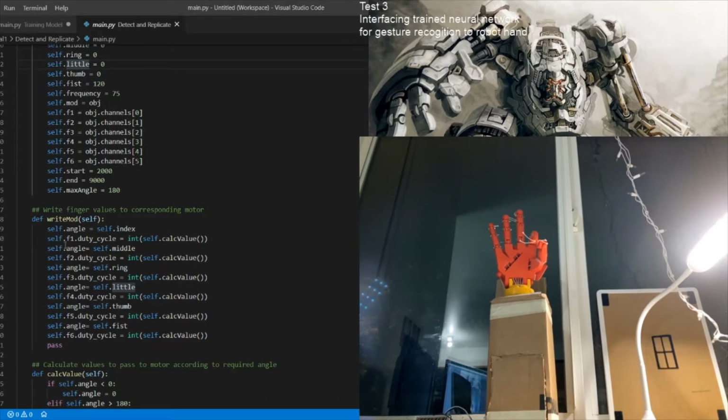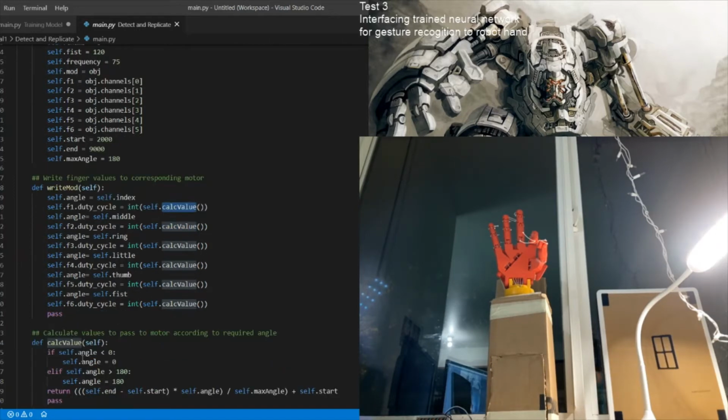Whenever write mode is called, it is the indication that all the finger angles are set, and we have to pass those angles to the motor. Since it requires a little bit of calculation, here we will be doing the calculation and setting those values. We get the finger angle, and we'll call another method in this class which will calculate a value.